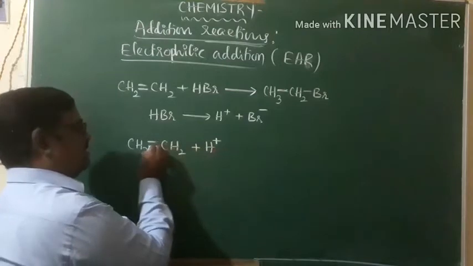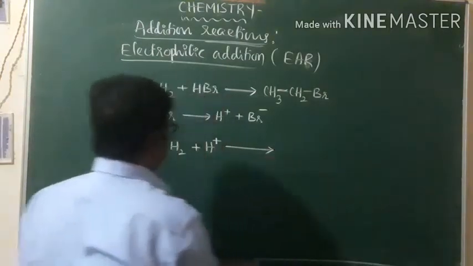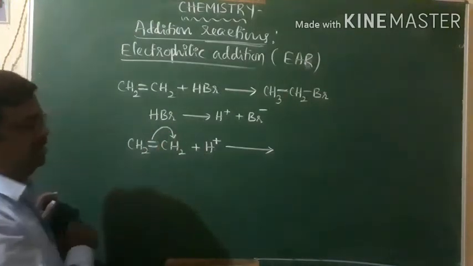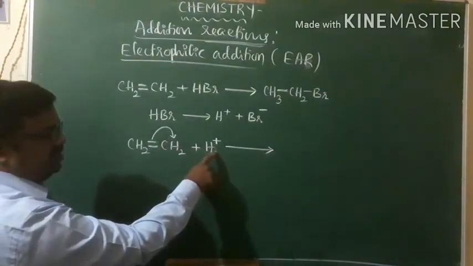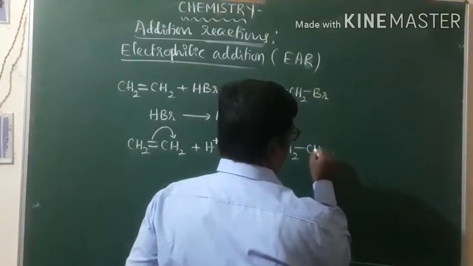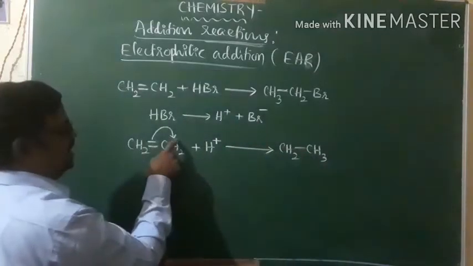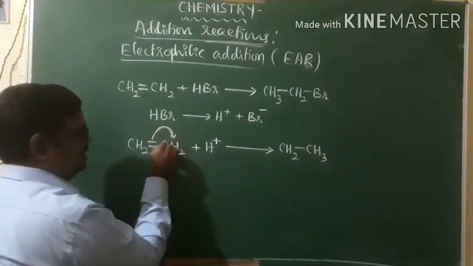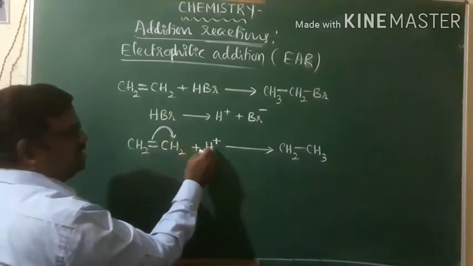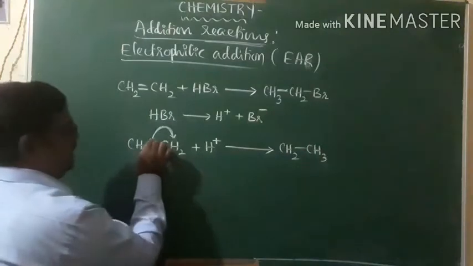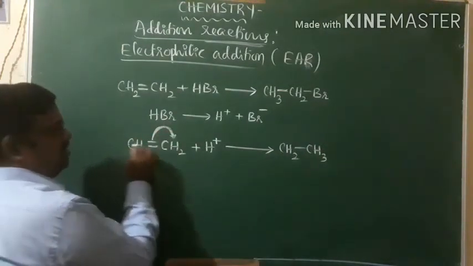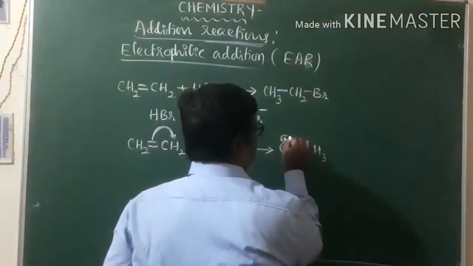This electrophile attacks the substrate, and one of the pi electrons will be shifted over one of the carbon atoms in the presence of this H plus, the electrophile. That results in the formation of CH2-CH3 with charges. When electrons are shifted over, this carbon attains a negative charge. This C minus attracts H plus and becomes CH3. And as we shift these electrons to this carbon, the other carbon loses electron density and attains a positive charge.